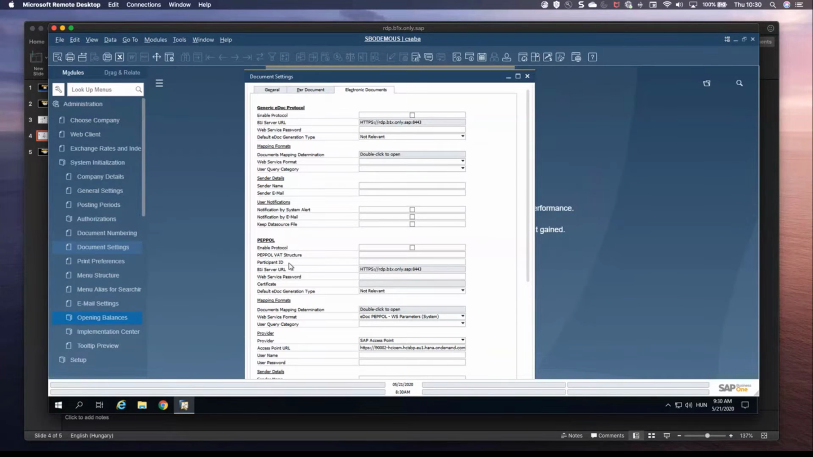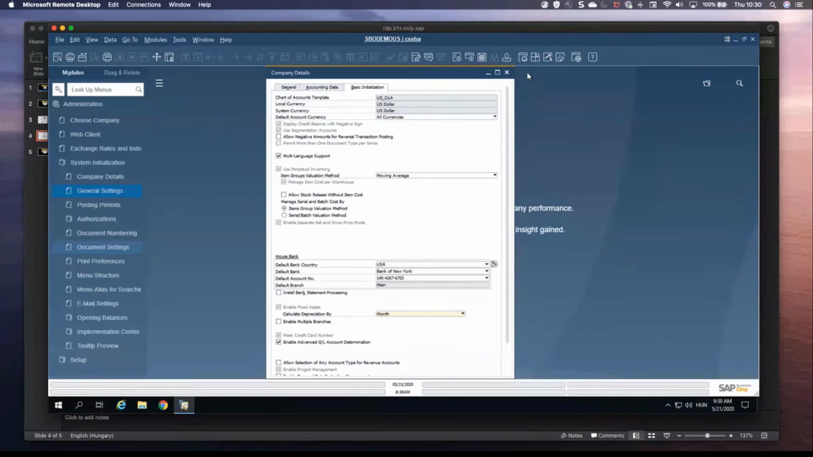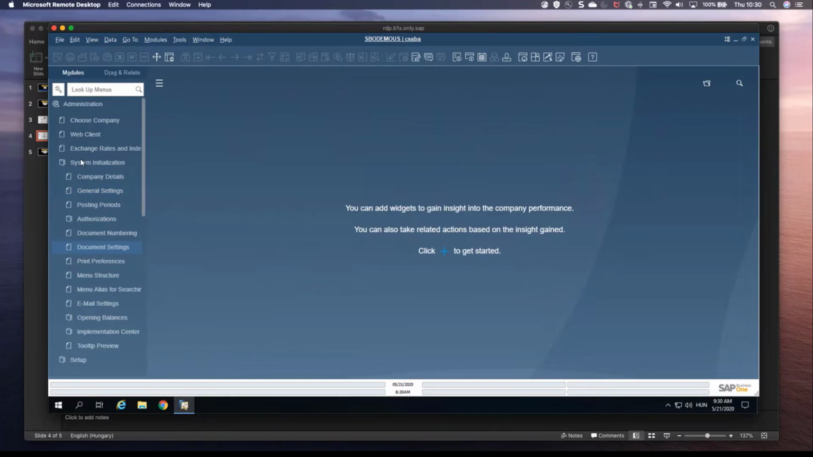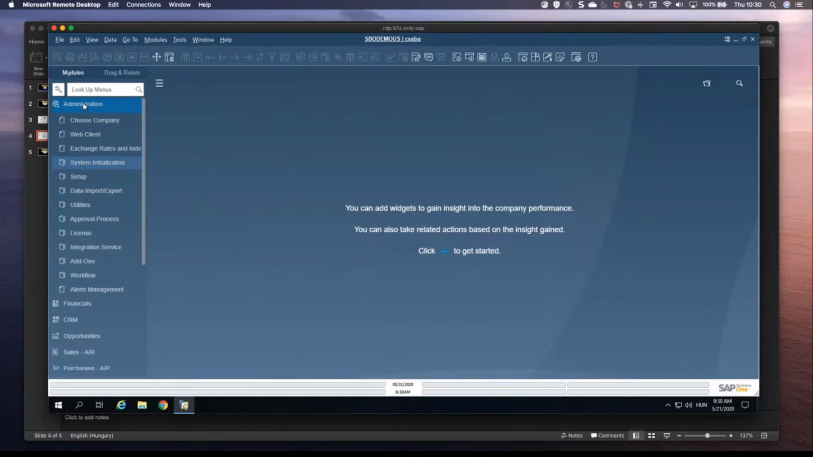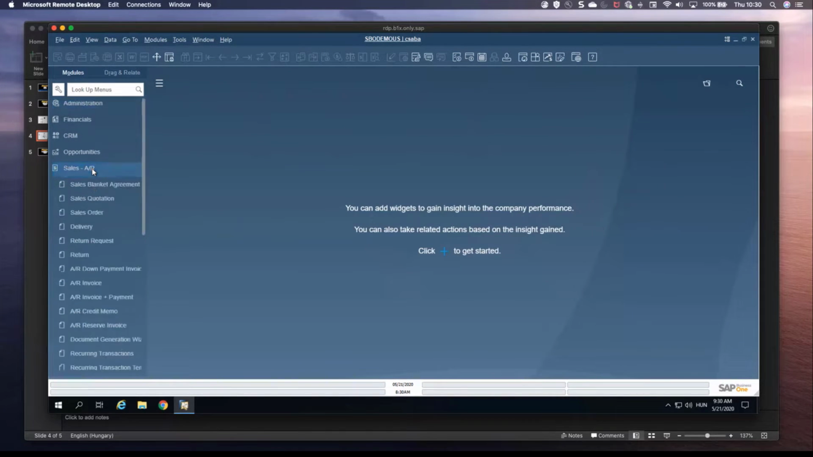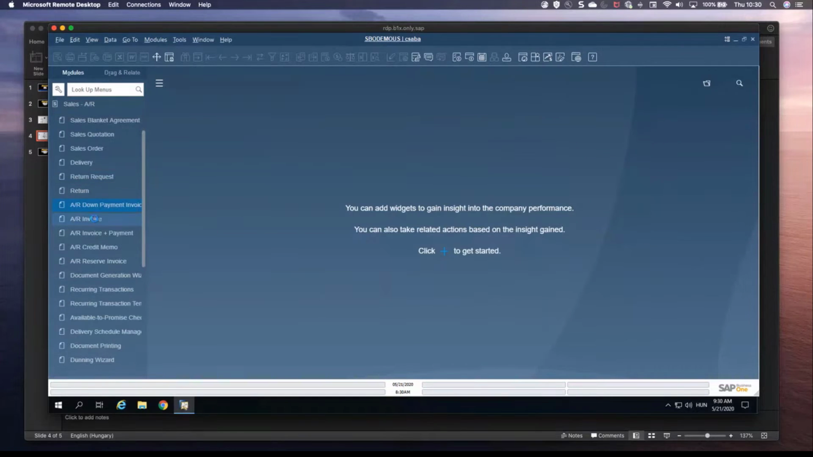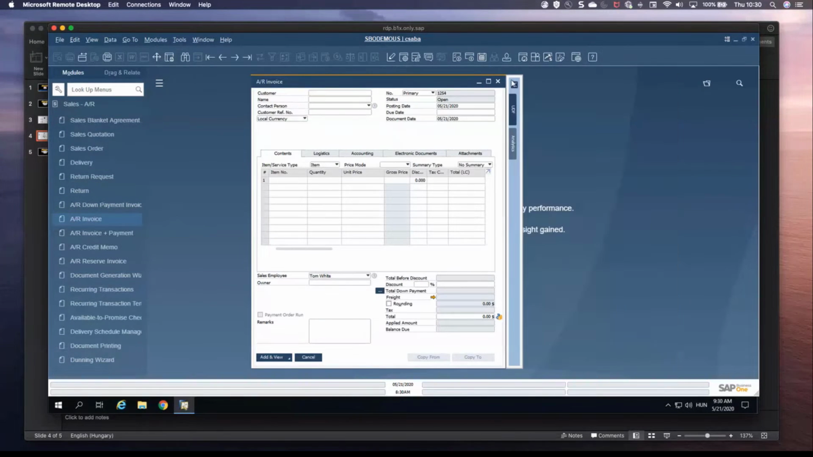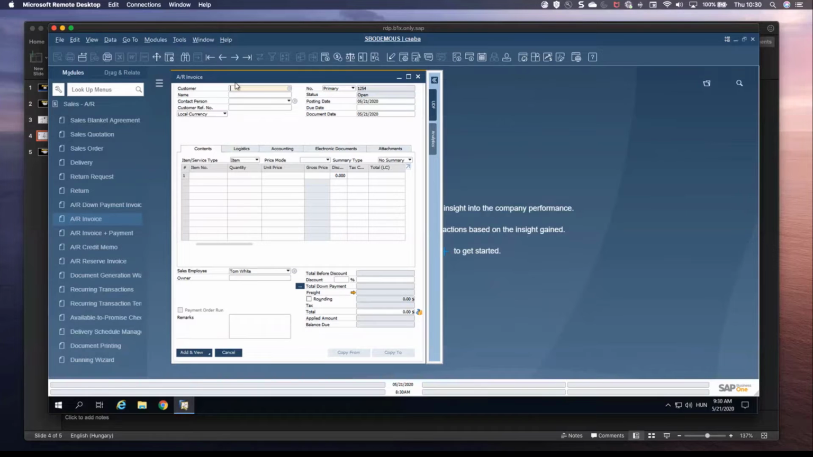The next possibility, but I think this is not a real huge feature, but yeah. So if you go to any document, maybe let's see the sales invoice. In the sales invoice,